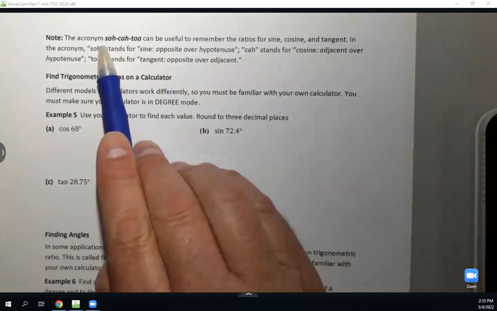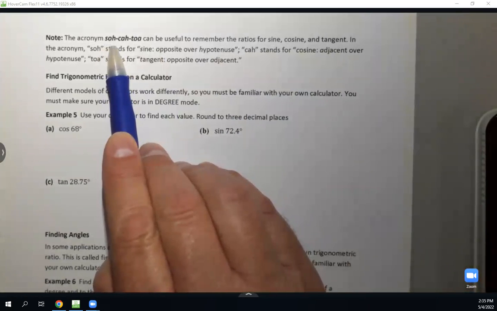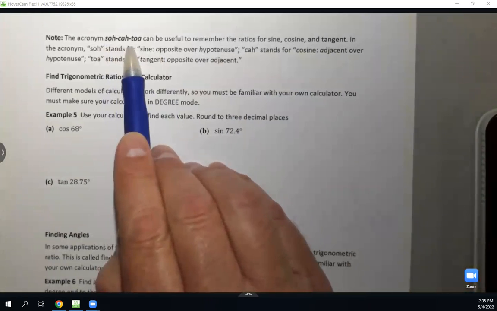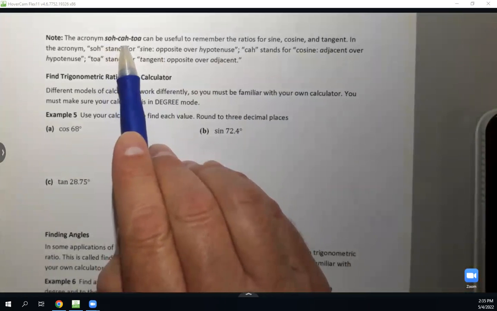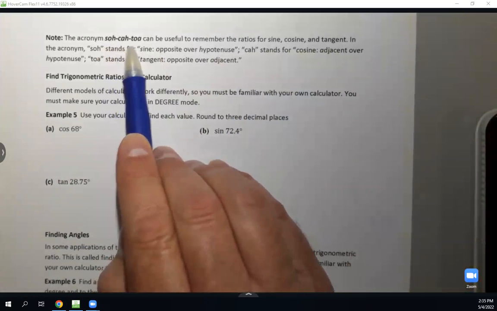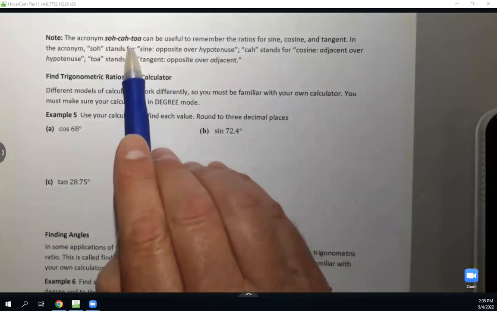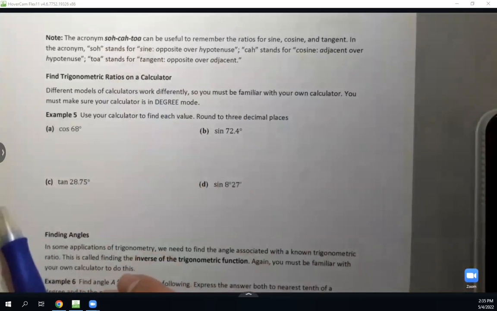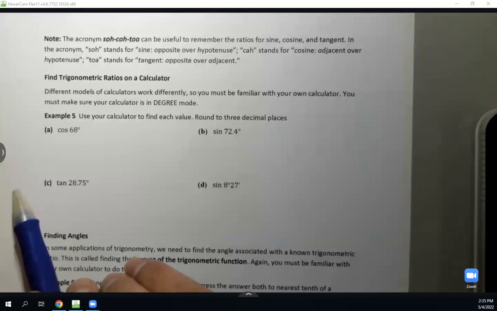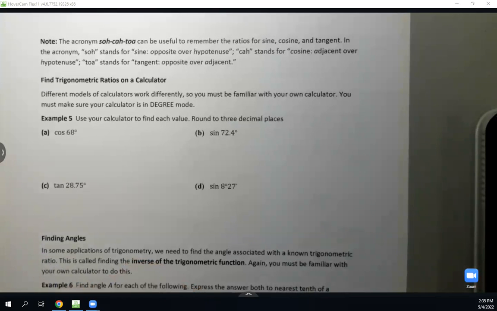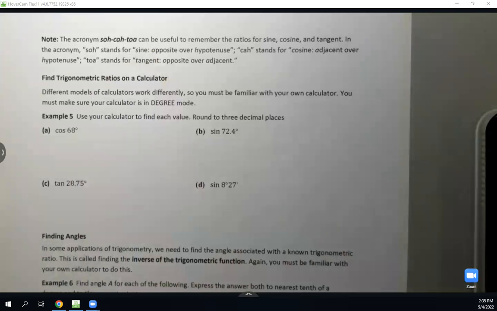So stands for sine, opposite over hypotenuse. Cosine, adjacent over hypotenuse. TOA, tangent, opposite over adjacent. So if you have trouble remembering which one's opposite over hypotenuse, which one's adjacent over hypotenuse, SOHCAHTOA can help you